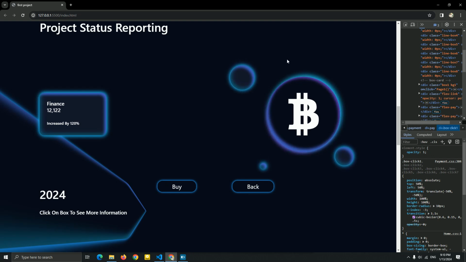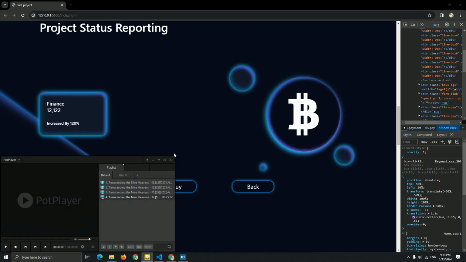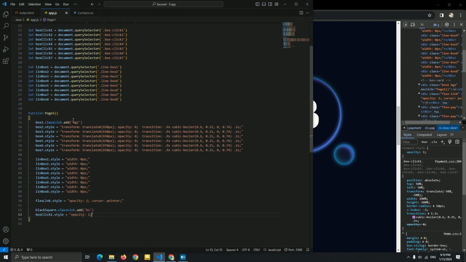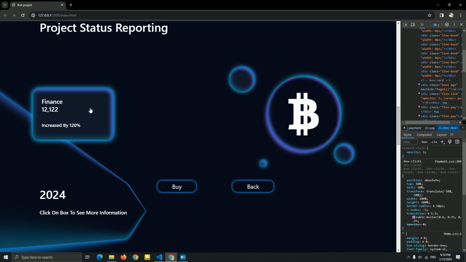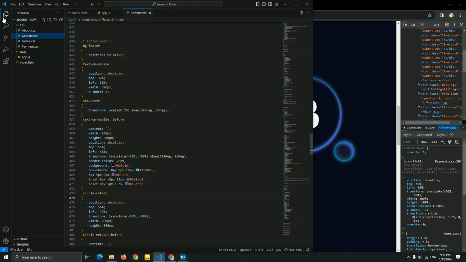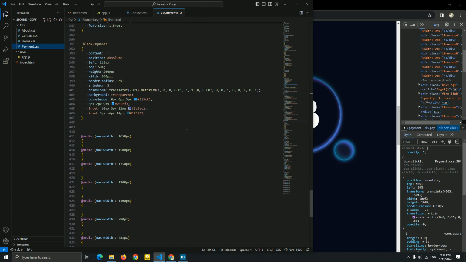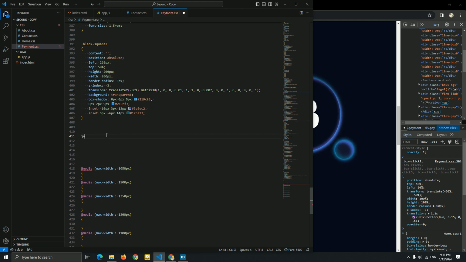So now we just create this icon and this link, and I want this box 1 that I just named here, and just add a class for this. I want to go to the CSS. First, I'm just gonna add a background unset, box shadow unset, and I'm gonna add a scale to become big and have this text for this icon. So let's do it in this CSS. So let me just go to the payment. Okay, let me just name it here, comment JavaScript or Java CSS. So I'm just gonna name it Java CSS.